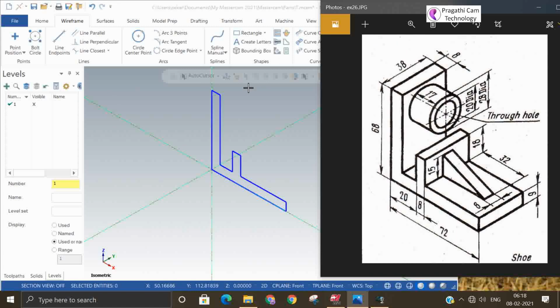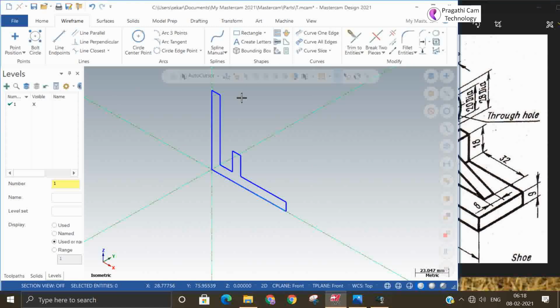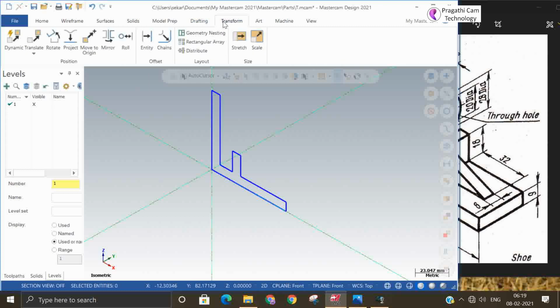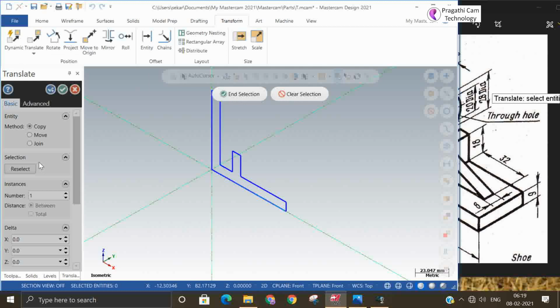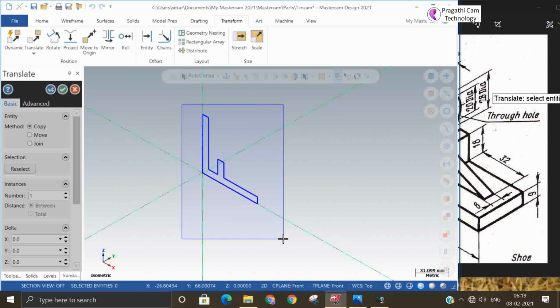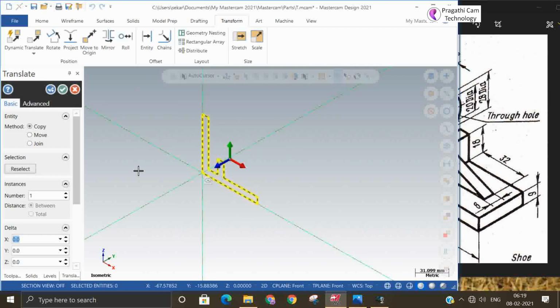Now I will go to the translate option and translate this by 38 mm. It is a wireframe model, so you cannot extrude directly. There is an option in the translate, a join command.